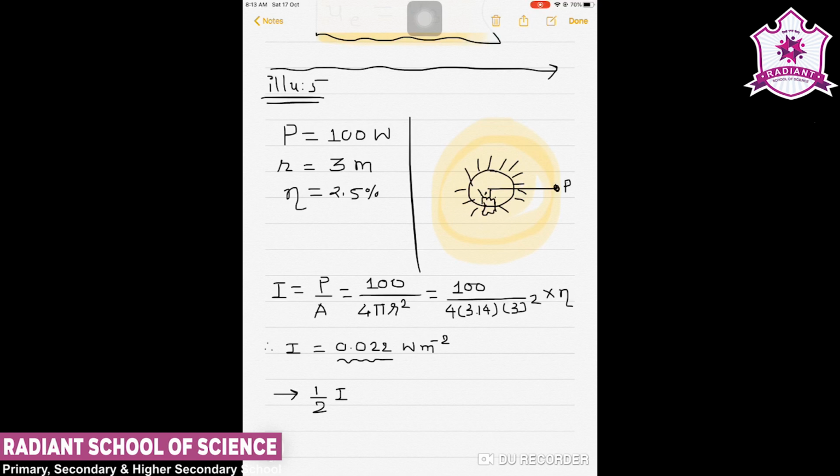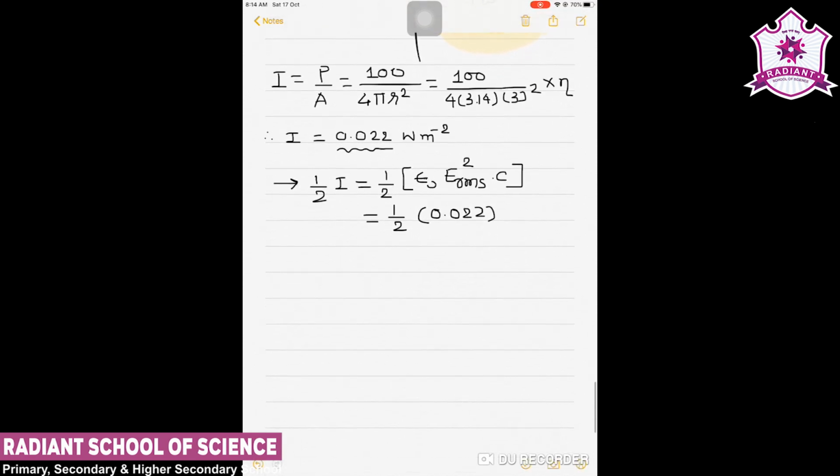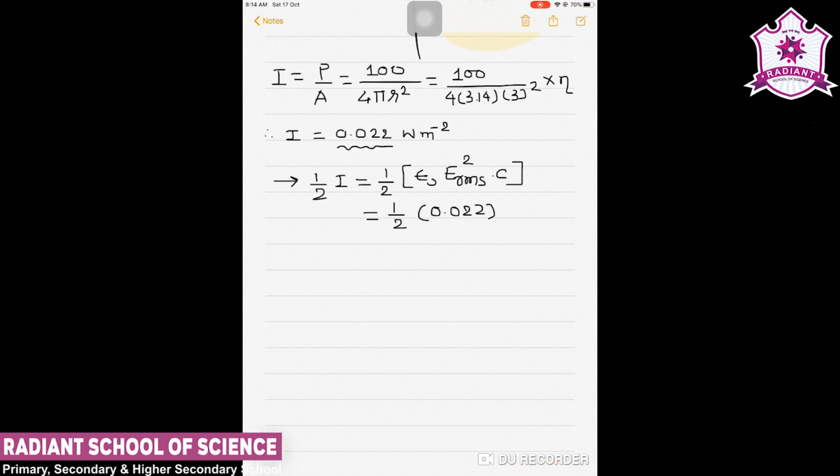So first we will go for the electric field value, that is equal to 1/2 epsilon 0 E RMS square into C. So that is the value that we have obtained. From the given condition, when we compare, we get 1/2 and I is already 0.022. Now when we compare these two equations, we will have the equation of E RMS,